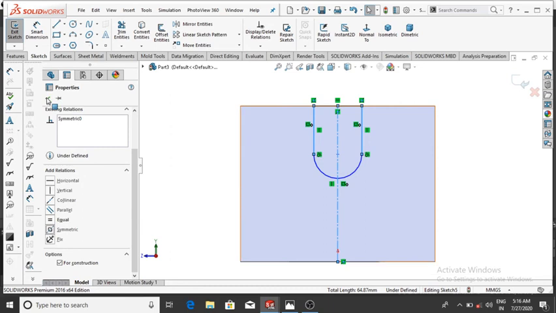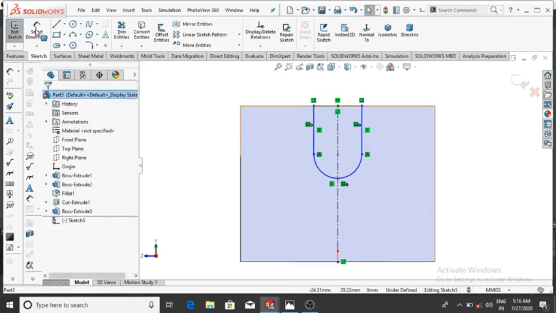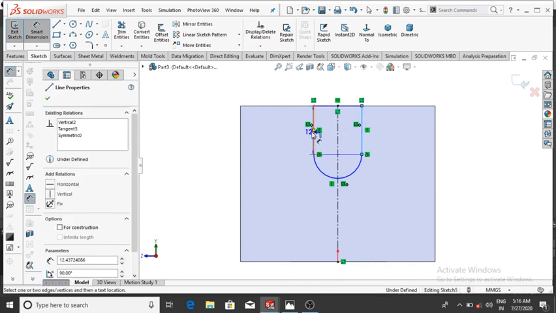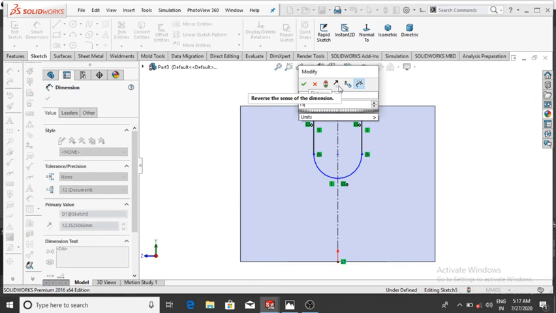And the distance between both lines will be 15 mm, so select this line and this line will be 15 mm, then okay.